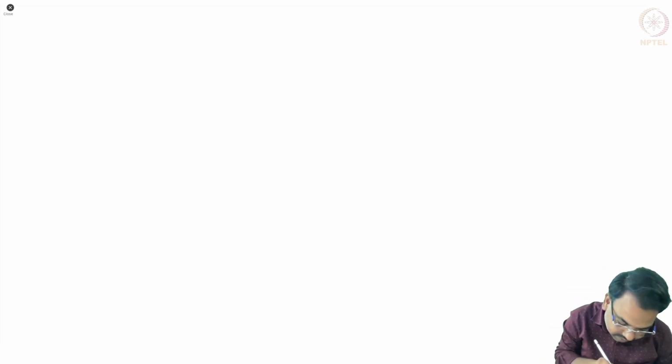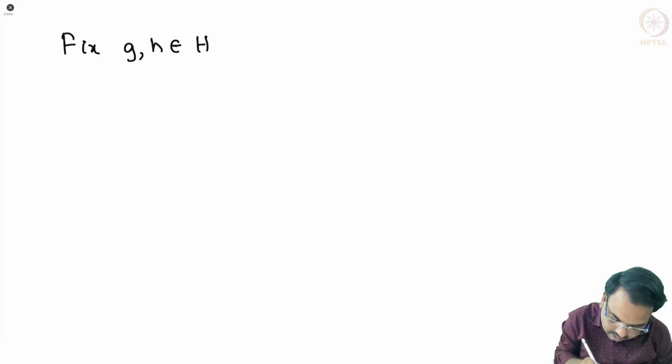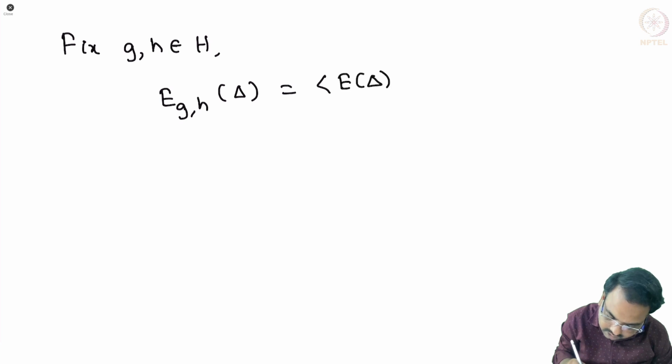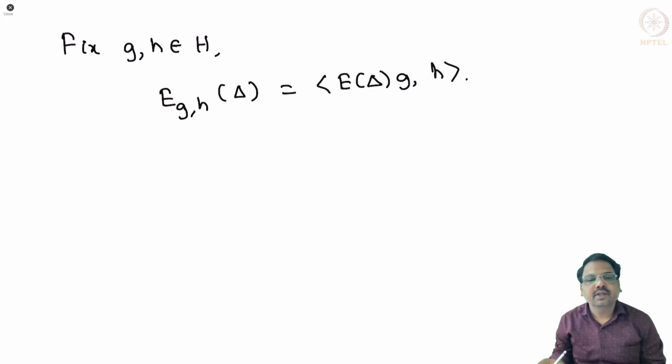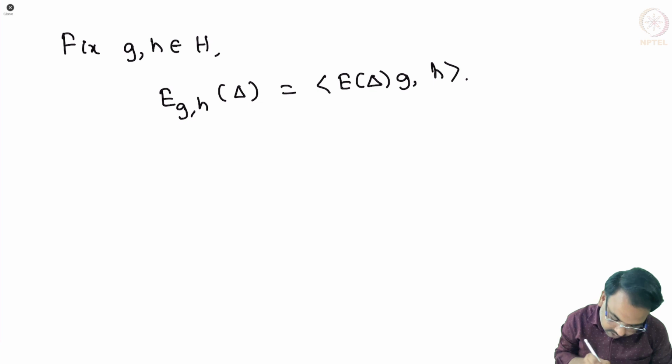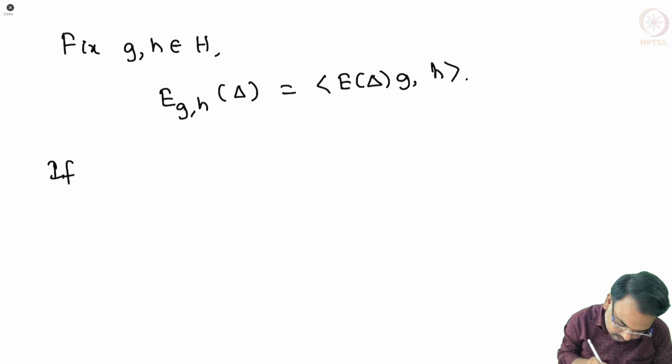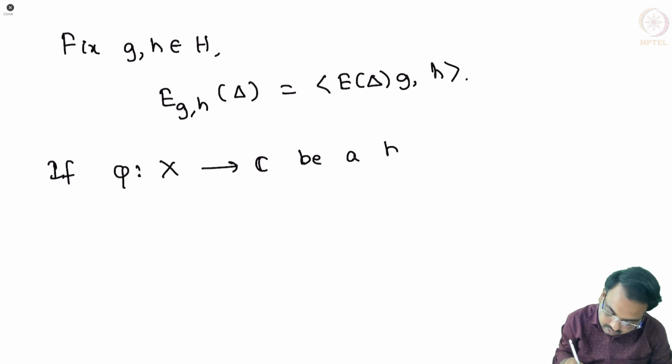So let us fix g and h in H, and we have defined E_gh acting on delta. This is the inner product of E of delta g with h. Okay. Now we know that E suffix gh is a complex measure, hence we can integrate a given function with respect to this complex measure. Suppose phi from X to C is a bounded measurable function,